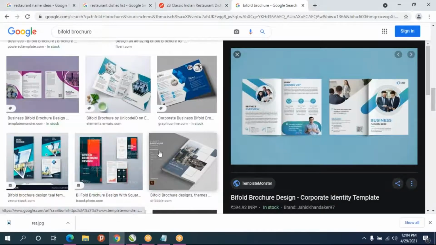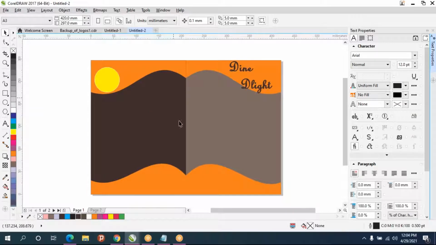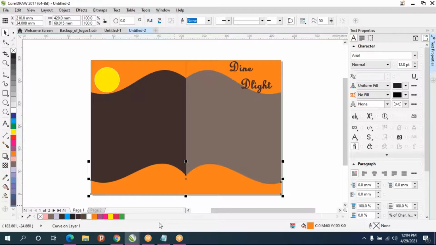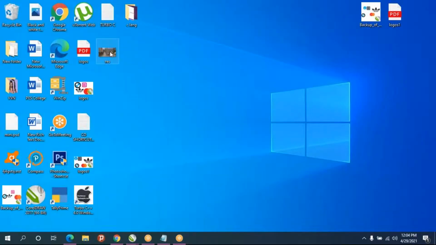So after that we have to choose some contents inside and some images also. We have to put some restaurant images and all. So I have downloaded already one image.